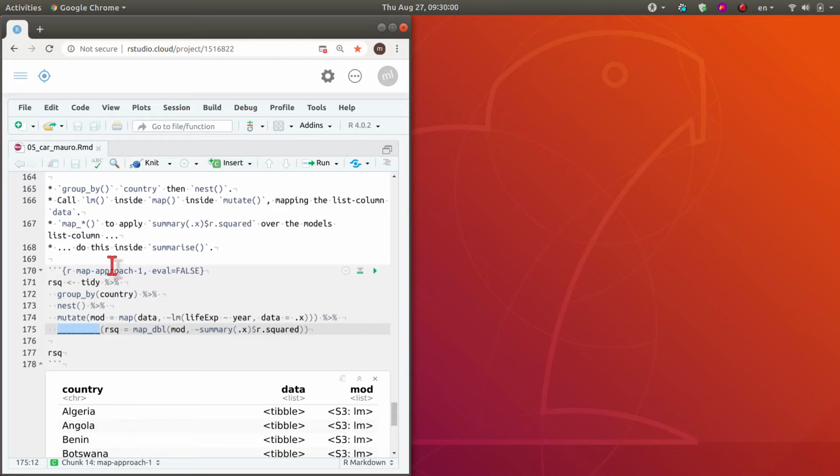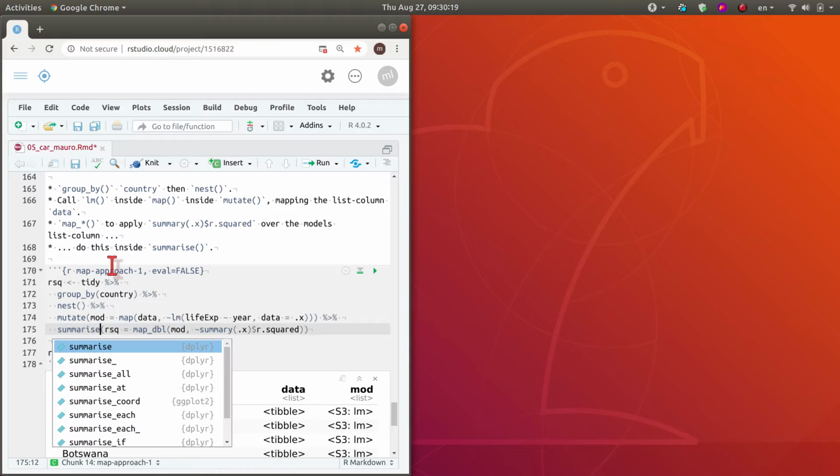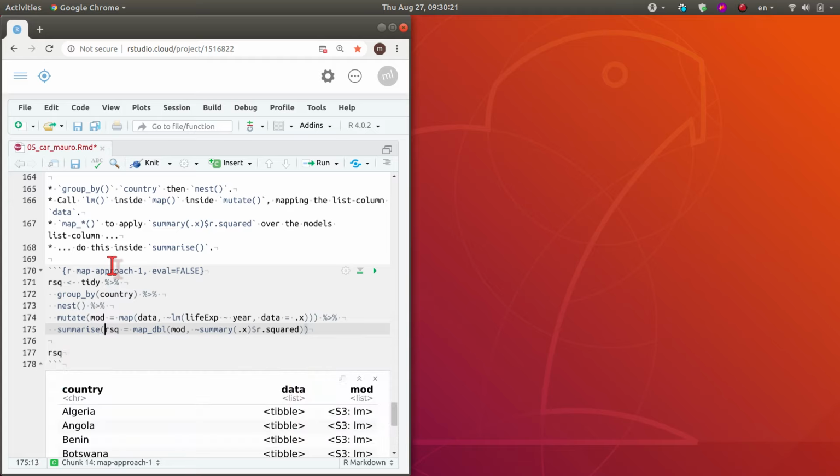So now we want to extract, say, one parameter, the RSQ parameter, the R square, to know how well, for example, each of those models could represent the data, would fit the data. So how can we do that? We can do summarise, and we're going to create a new column inside summarise that is going to contain those RSQ values,